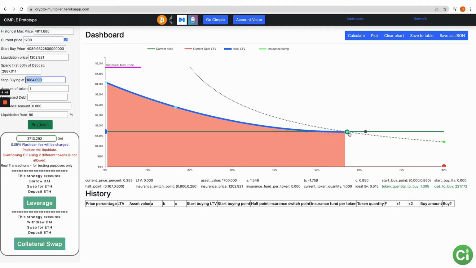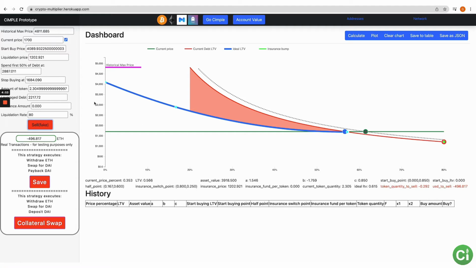Once you make the purchase, let's do a fake buy, okay? So you make the purchase, and to be clear, we had 1 token, now we have 2.3. So we bought more than we even had, but then we supplied those tokens. So we had 1 token, now we have 1.3 extra tokens for 2.3 total. So even though we took on debt of 2,200, which is what it would have cost to buy 1.3 at 1,700, we ended up buying 1.3 more tokens, right?